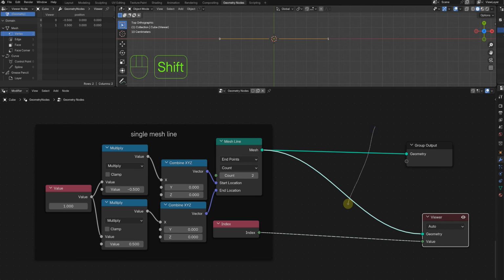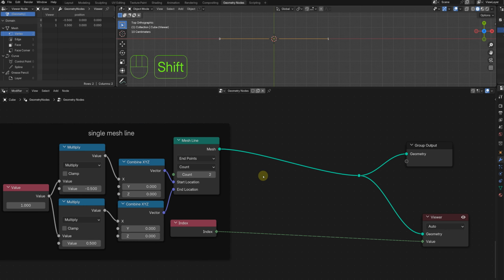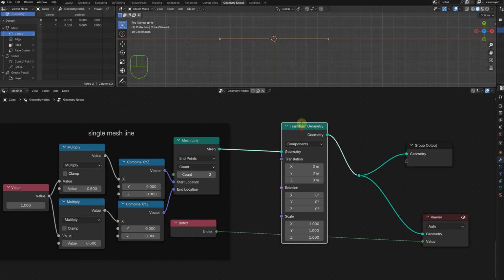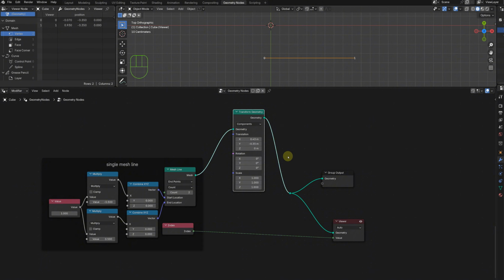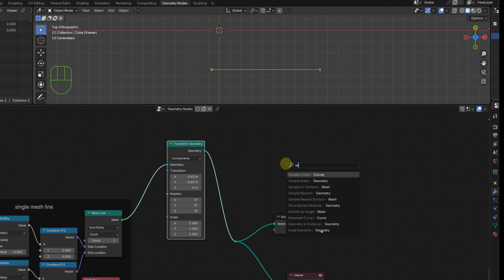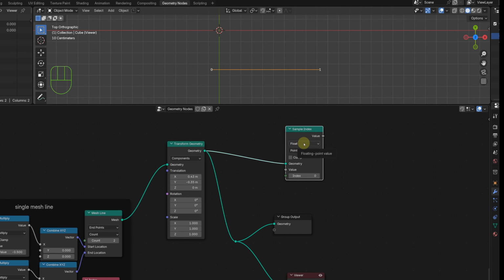Before we dive into creating the fractal, I want to introduce the main method for the mesh workflow. First, I'll move the mesh line to a different position using a transform geometry node. As you can see, we have 2 vertices with indices 0 and 1. We use the sample index node to grab the position of those 2 vertices.